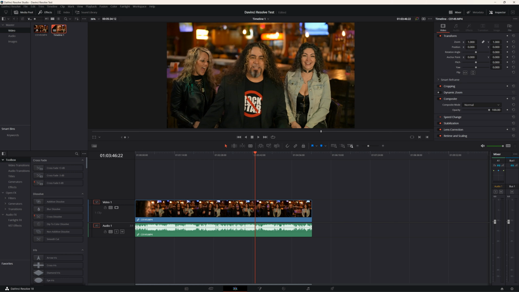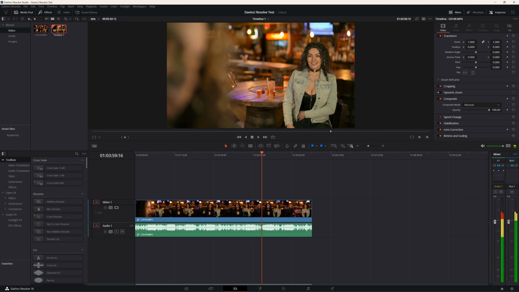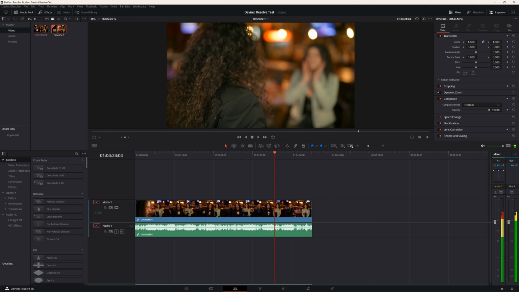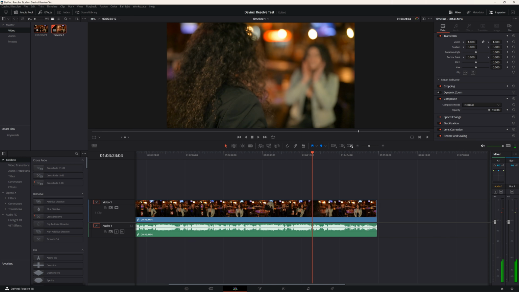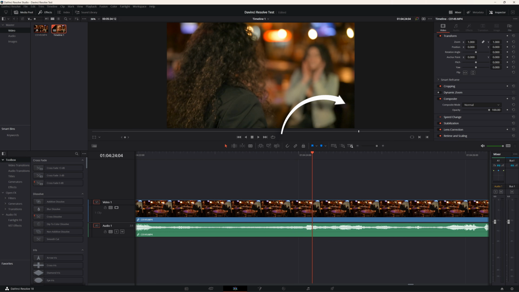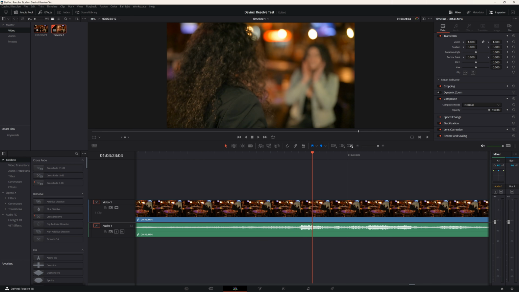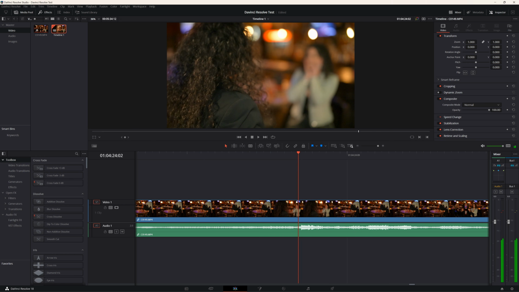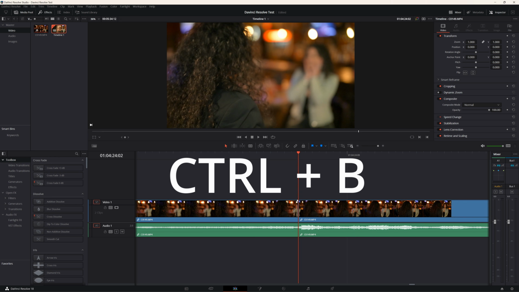So as you can see here, if I were in an area where I wanted to cut something out, what I would do is put the playhead where I wanted to make a slice. And let's say I really wanted to zoom in. I would use that zoom bar right here. I'd find the spot that I want to slice. There are a couple of ways to do this. The easiest way I found is on your keyboard, just hit Control and B, and it'll slice all of this